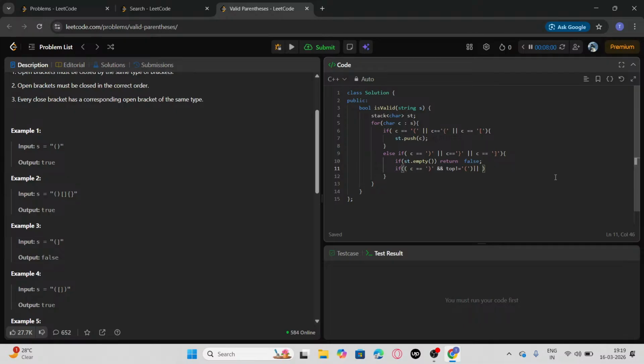or let's just say if our C double equal to, if it is this closing bracket and C, no. We should say top. Did we even take top? No, we did not take top anywhere. So if our top is not equal to